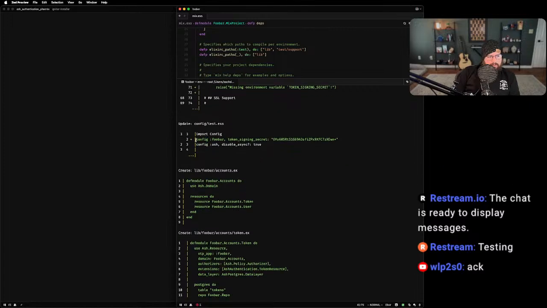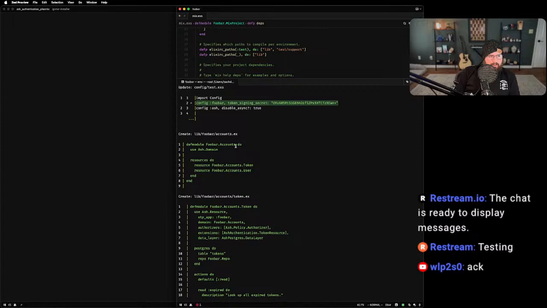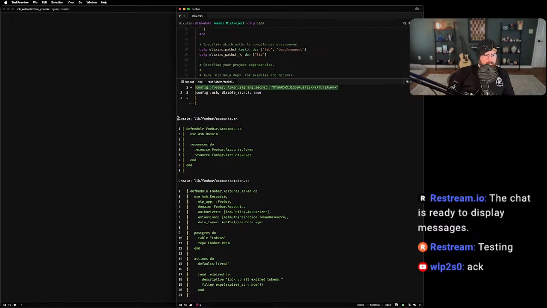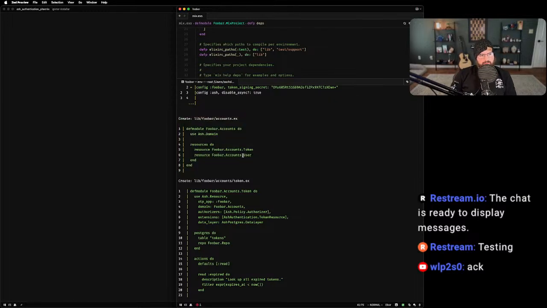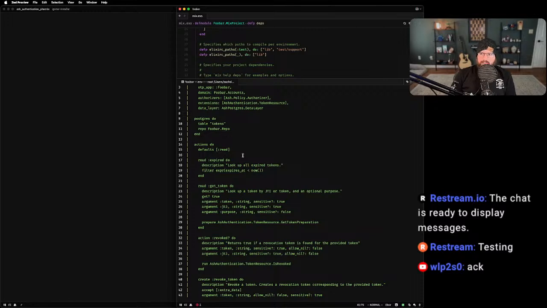And it sets a test signing secret, and then we get into the application elements that it's creating. So it creates an accounts domain, which has tokens and users. And this is actually where, if you've used AshAuthentication in the past, you'll see immediately that using generators for this does solve a big problem that we have had, which is that the existing installation doesn't add any of these actions to the resource itself.